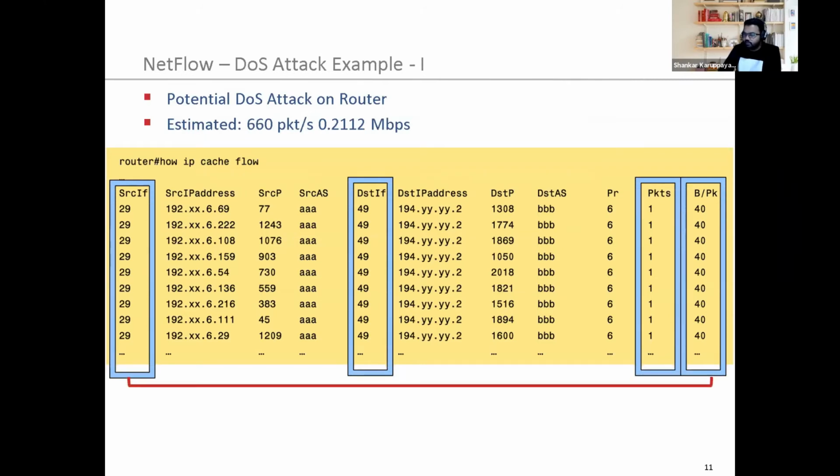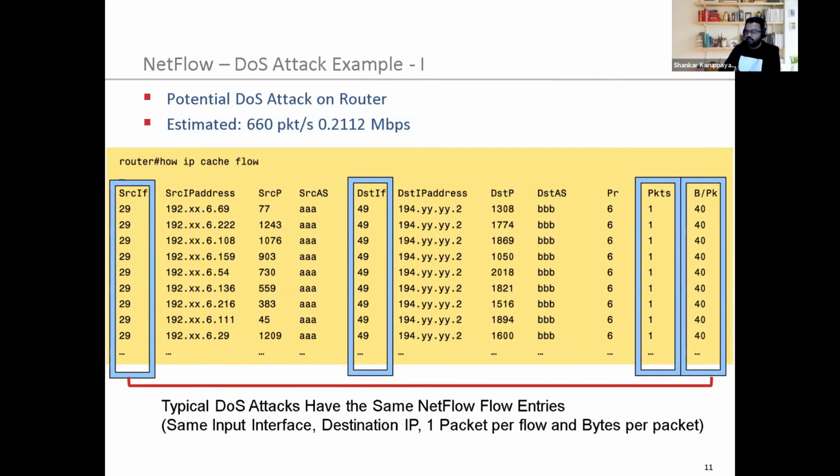Basically, you would be able to see such behavior where you have the same source interface, the same destination interface, and the packet size and bytes per packet will be the same and so on. Such information allows you to make a decision on what such a pattern would mean. For example, you can have a threshold that says, if I see 500 packets within a minute that have at least a certain size, I can then conclude that this is, let's say, DDoS traffic